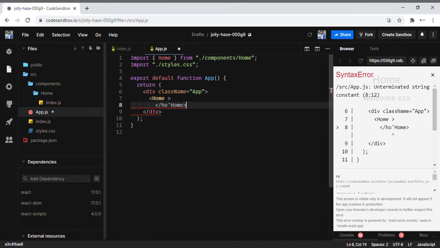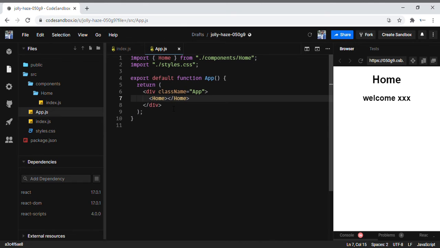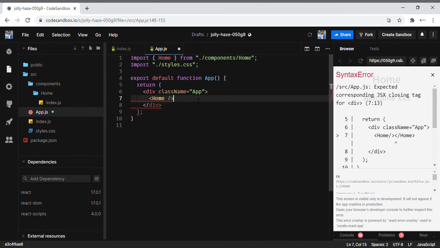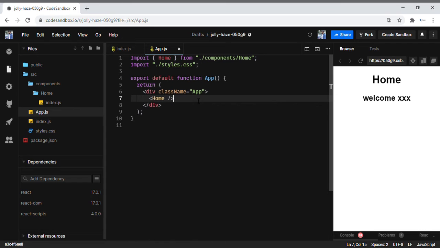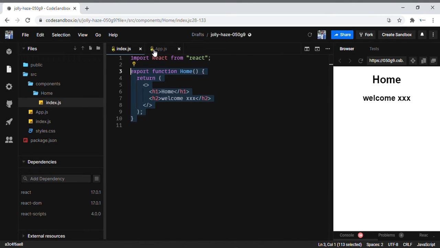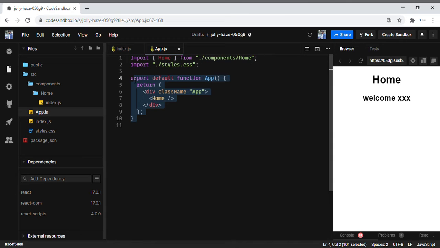And if you see, here I'm closing it like this, and this is also helpful. So this also works, but instead of opening and closing here, you can straight away close it over here. So this also works when you're creating a component. So this is the basic functional component that I have explained here: how to create it and how to export it in the app.js component.